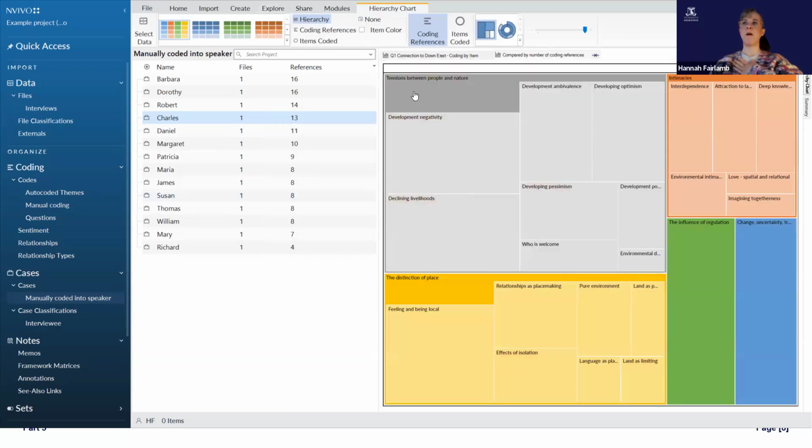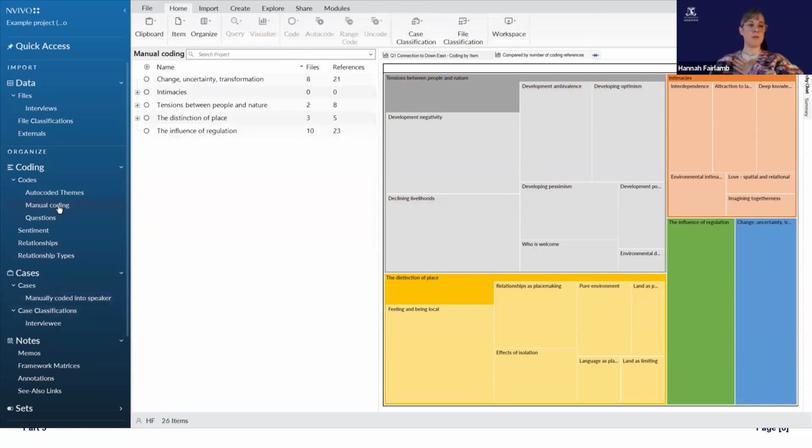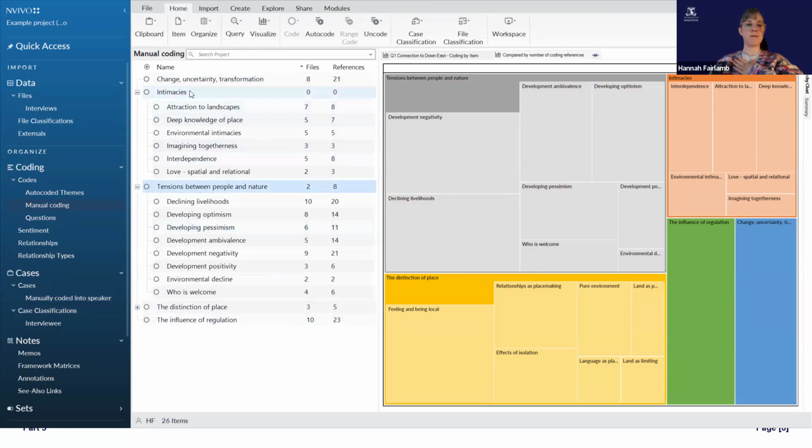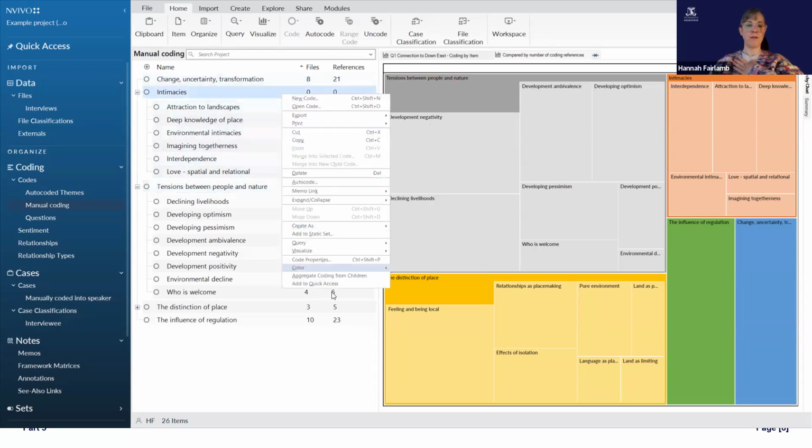Okay, so this is our hierarchy chart and it shows by size. So these are the codes. You can see the titles here. If I click on my manual codes here, which I made in the last few days, you can see a few different, I guess these are themes. And some of these themes have codes underneath. You can see I haven't aggregated them because it says intimacies has 0, but that's just because nothing is actually coded to this theme. And all of these are underneath. So if I aggregate that,